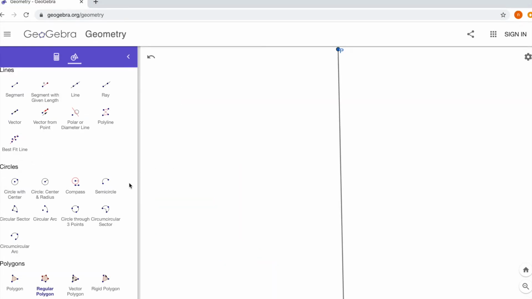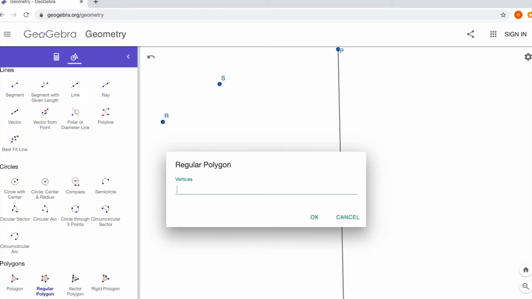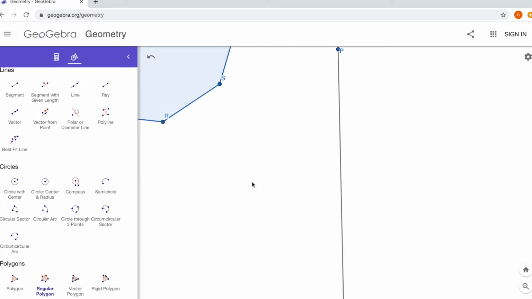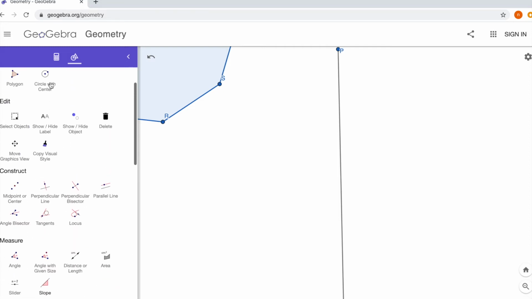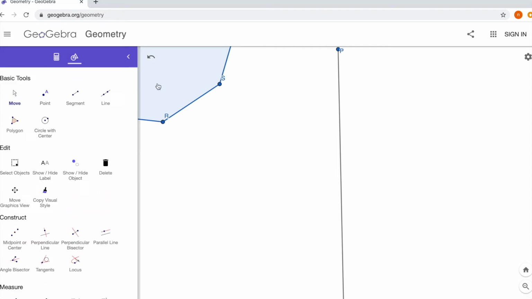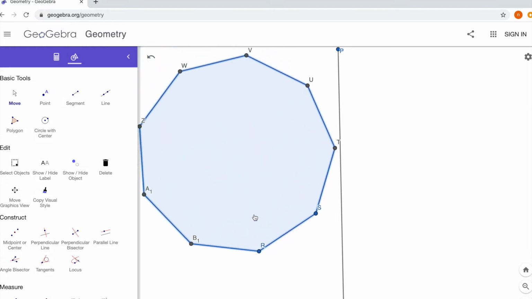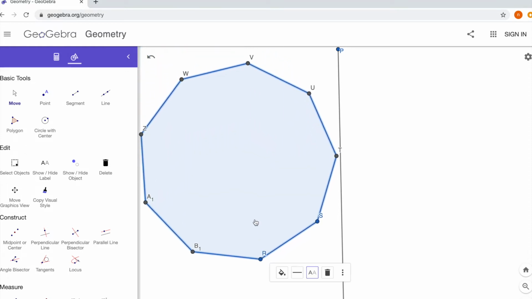Let us talk about some more regular polygon. So you can see a regular polygon. I'm taking here a nine vertices regular polygon. It is called nonagon. Regular nonagon. I bring it here; as the figure is big, it does not fit in the screen. I can change colors of the figure. I can label it so that it will be more clear to you. I'm writing here regular nonagon.